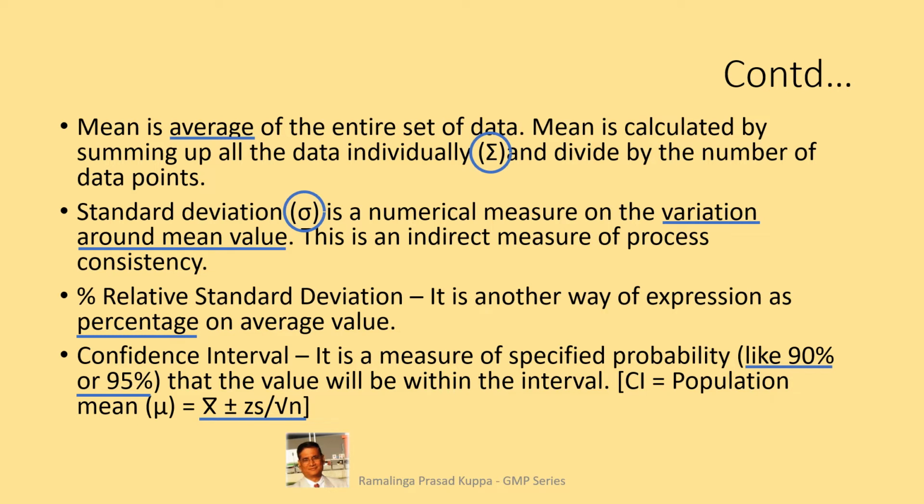Confidence interval, CI, is the level of confidence that is claimed as a percentage of confidence to disperse the data around. For example, if it is claimed as 95% CI, it is an evaluation that 95% of the time the value will be within the prescribed limit. The calculation is as given: x bar plus or minus z multiplied by s. The standard deviation is divided by the square root of the number of data points.